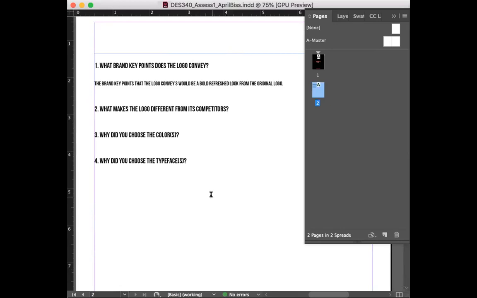Maybe it's a total re-change of the color and talk about why you did that, why you used the color. And don't just say, oh, because I like that color. Obviously put your facts in there, why you used it, to support that. Why did you choose the typefaces? Think about this as if you're talking to the client, and you can come in with your adjective list at this point too. Same with the colors.